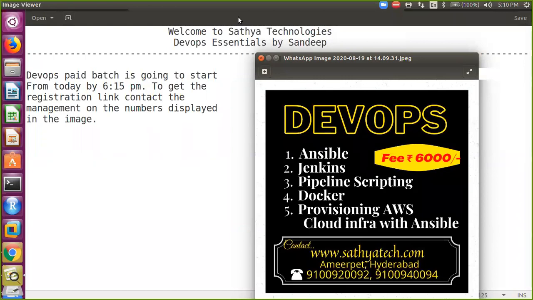So why the configuration management? What is configuration management? Why are tools required for configuration management? And what are the differences between Ansible, Puppet, and Chef? I'll start these things today. Maybe tomorrow we'll be discussing the Ansible architecture and the details of Ansible. And from Wednesday, we will be jumping into the practicals of Ansible.